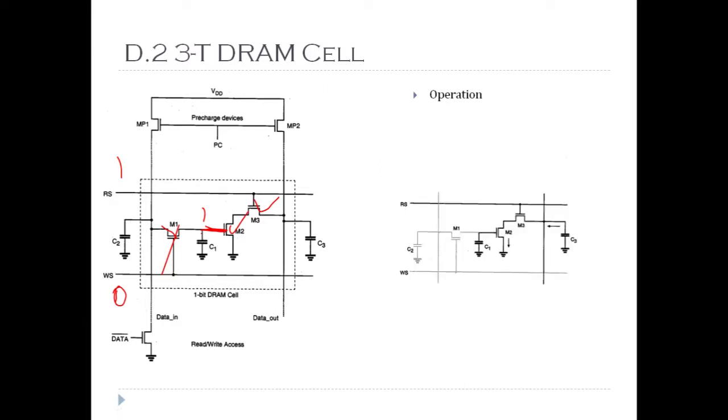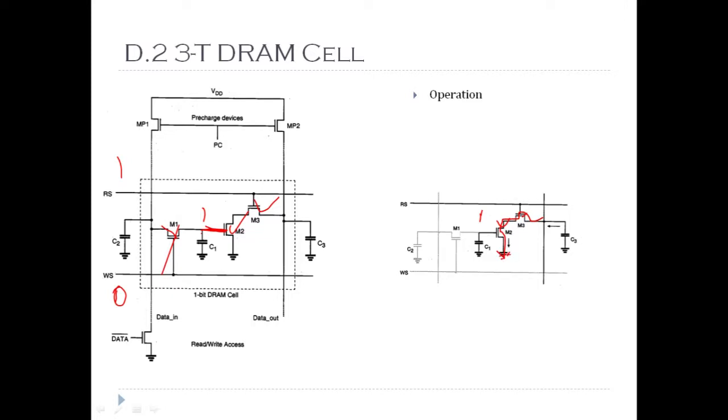So the circuit looks like this. M1 is off, and because the capacitor is carrying a higher voltage close to VDD, M2 is on and M3 is on. And hence here you can see there is a small resistance path